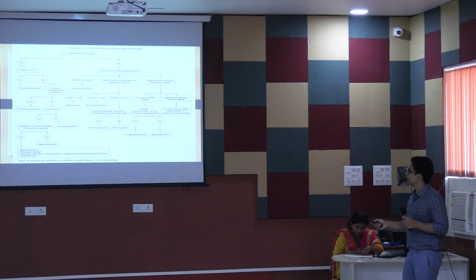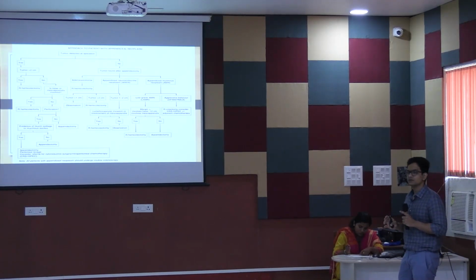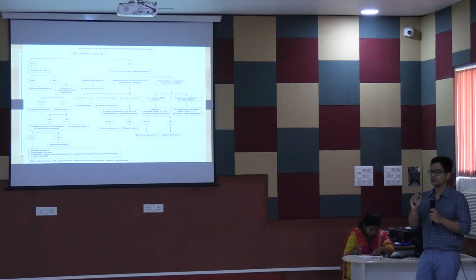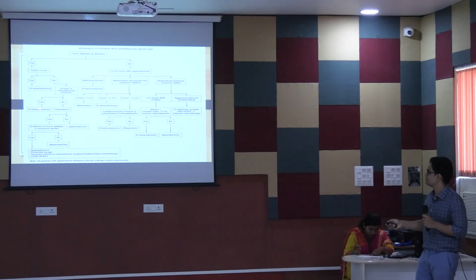The tumor is more than 2 centimeters. What did I say? You have to go for more than 2 centimeters? Right hemicolectomy, right? No. Is the base involved? Again, if the base is involved, that means there is a chance that there is some nucleus of the infection in the cecum. In such a case, you have to go for right hemicolectomy. So look for the base involvement. If no, then you have to see if there is perforation at the base or not.